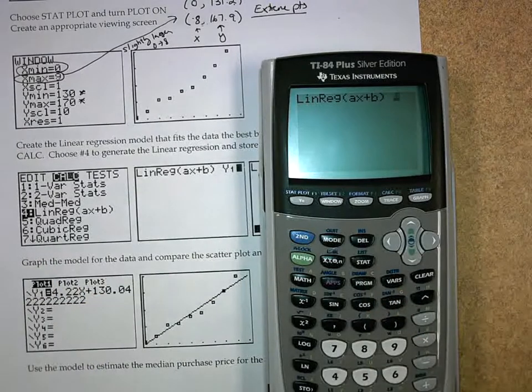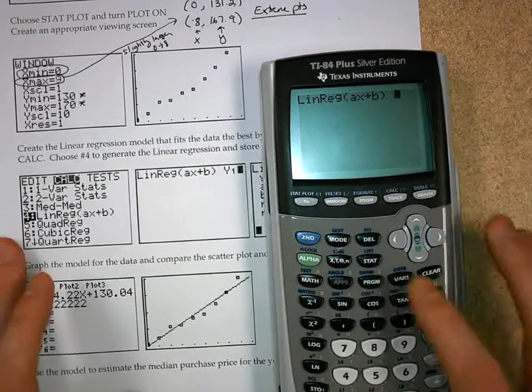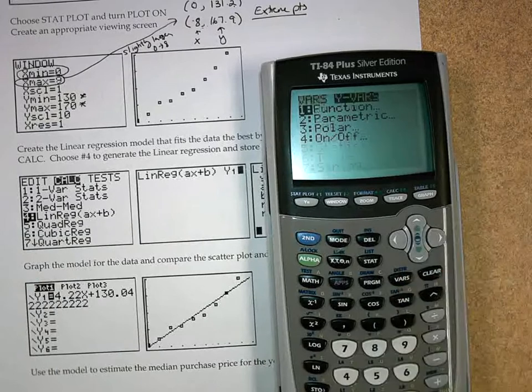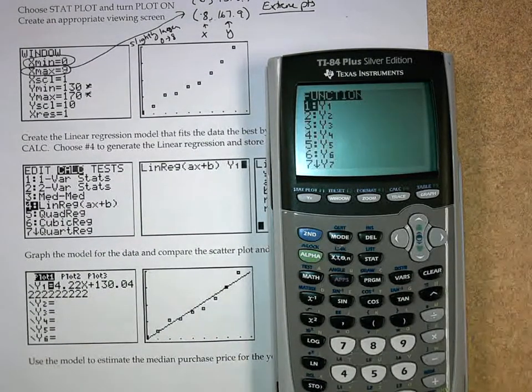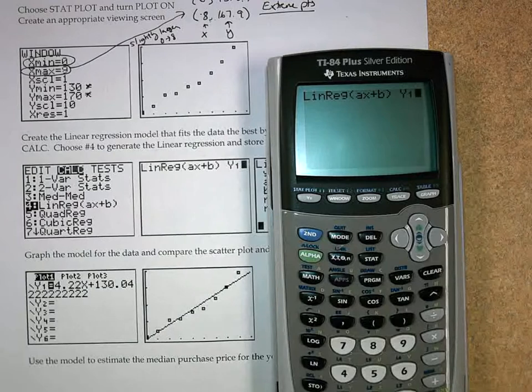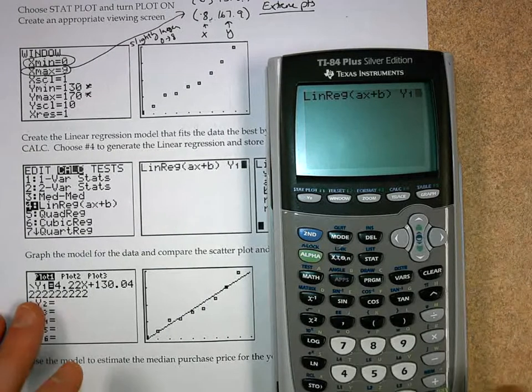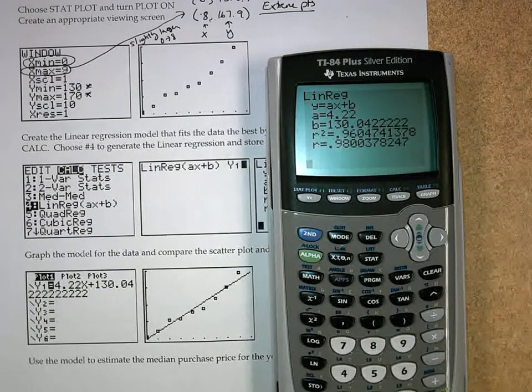So once I've got this linear regression typed in, I'm going to hit vars, go over to y vars, choose function. And there's your y1, y2, y3s that are in your function mode. So when I see linear regression ax plus b y1, I hit enter,